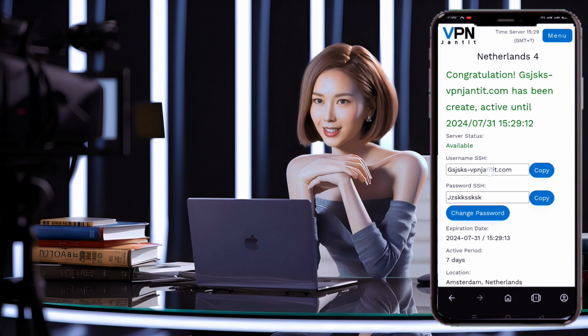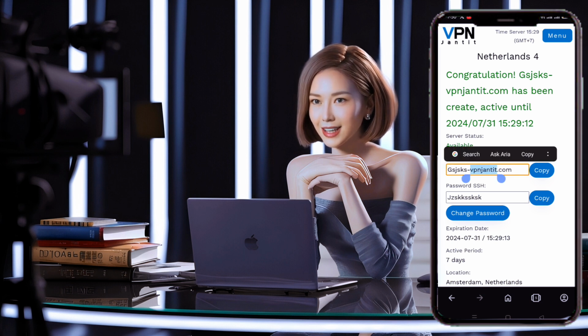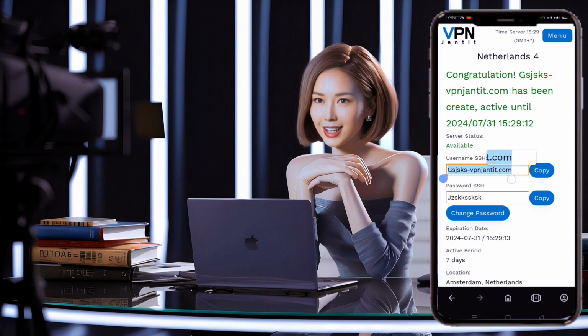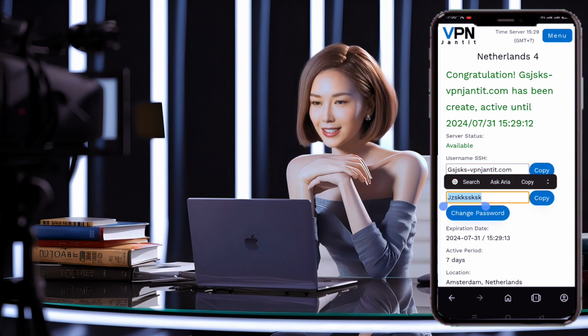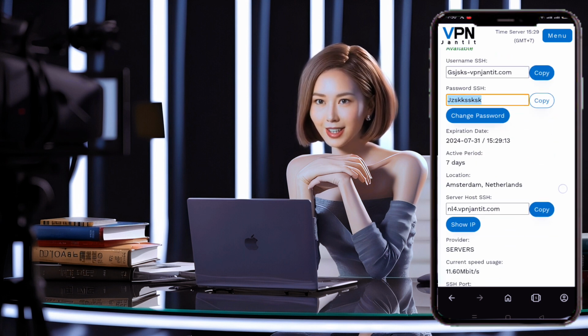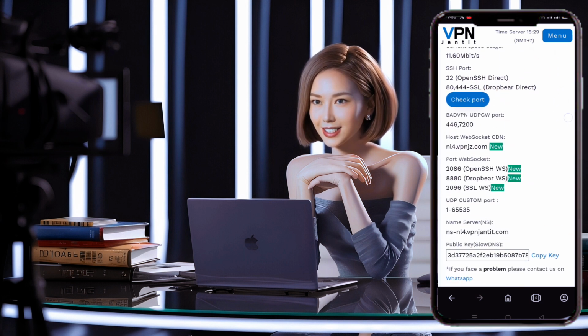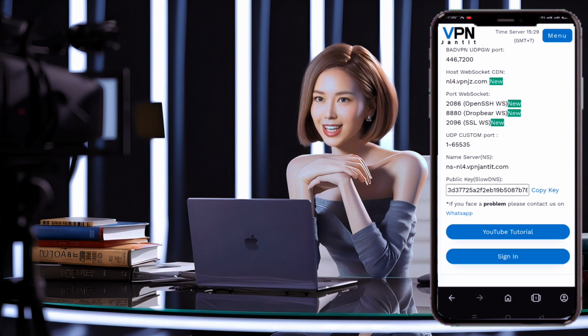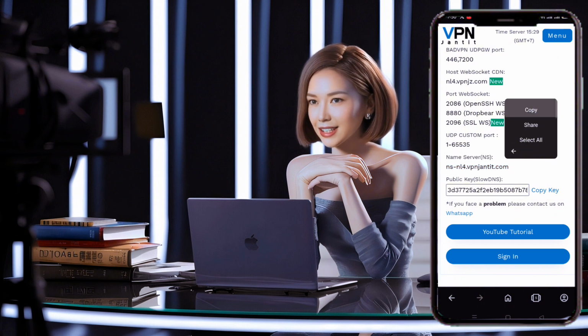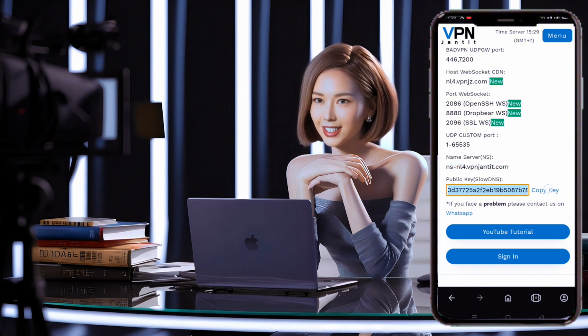This step is crucial, so listen up. You'll be provided with several pieces of information. Make sure to copy and save the following: your username, password, the name of the server, and the public key. You'll need these later, so store them somewhere safe and easily accessible. Great job! Now that we have our server account set up, let's move on to installing the HTTP Injector app